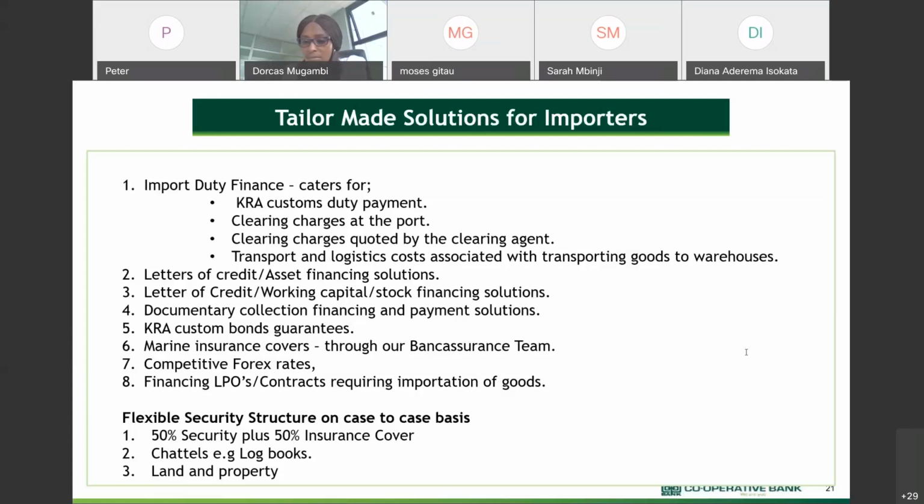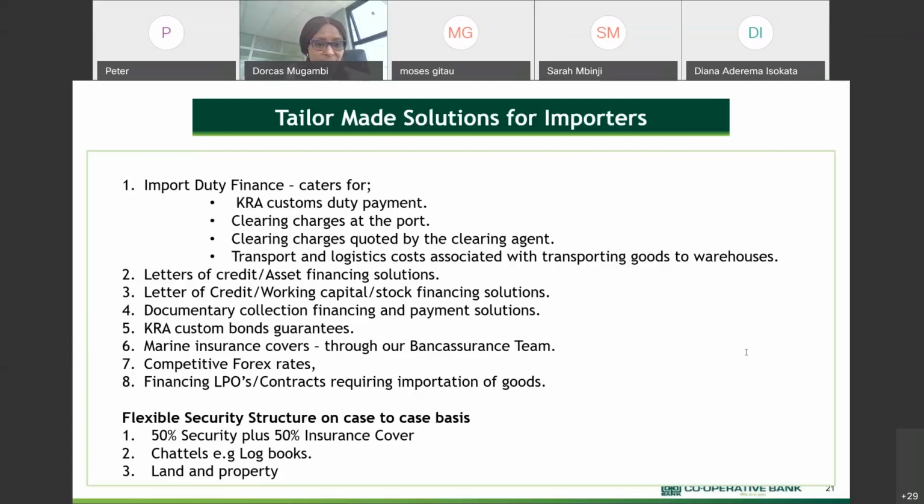And then some of the questions that have been posed in the chat box have already been answered as we went through the presentation. So I'll probably pick the areas where we have specific questions coming from the participants that have not been addressed by Dorcas as she went through the presentation, and also by Moses. So we have